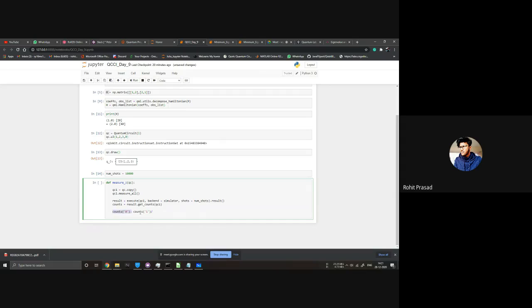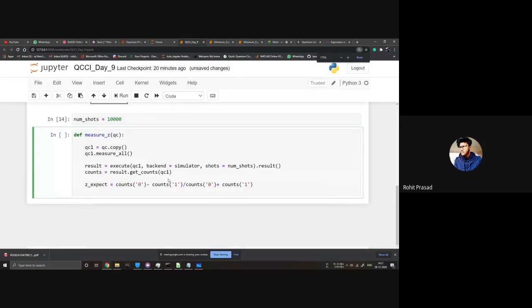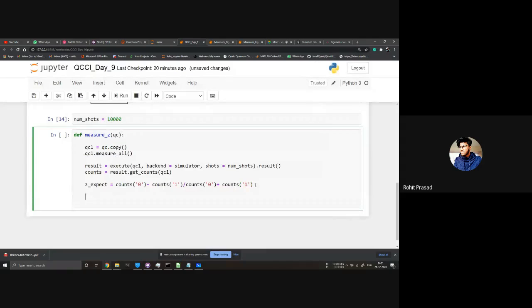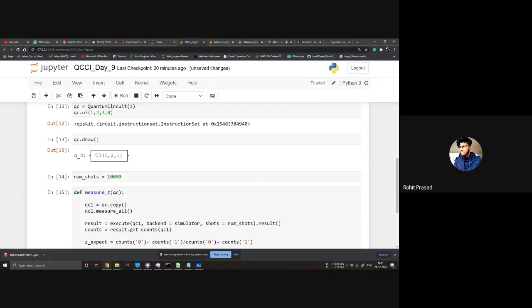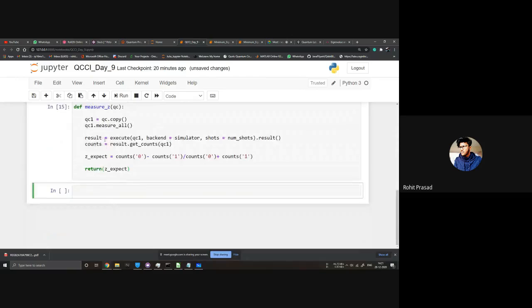So the total number of counts will be count 0 plus count 1. That's this thing. Let's name this z expect. Z expect is equal to this. Should make it a bit bigger. Then we return this thing. We return z expect. If we just put in this QC, it should run.